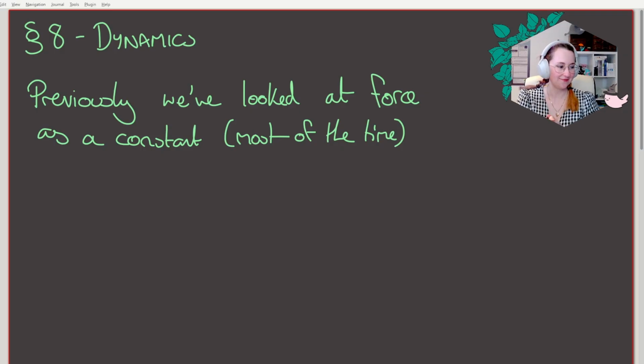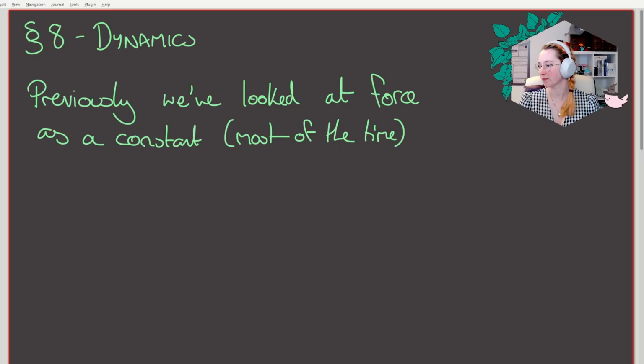Most of the time when we've been looking at forces applied to things, we've been looking at forces as a constant. So we might say, look at the moment of something if we apply a force of 3 newtons at the end. We've looked at forces as gravity. So if something's falling under the weight of gravity, gravity is a constant force acting on a particle. But we have also looked at variable forces when considering things like springs, because when you have a spring